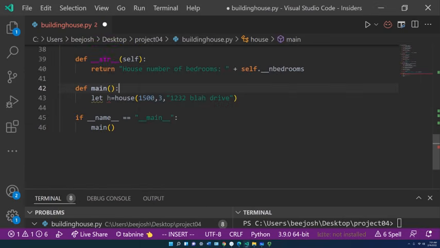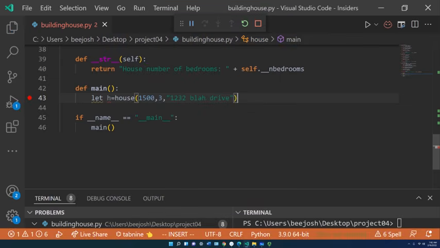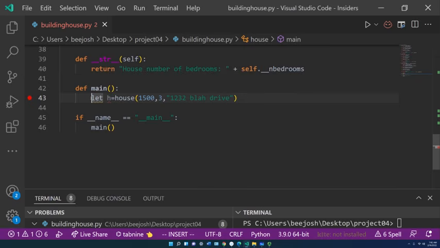Okay, so I got main working. I think some of the higher levels of Python allow you to do this a little bit differently, some of the newer versions, but this one works with my version. Now the next thing I need to get going is line 43. That's the one that I'm having a problem with. I'm going to go ahead and set a breakpoint, and we're going to start debugging, and I'm going to try to deduce what's going on. So let's go ahead and